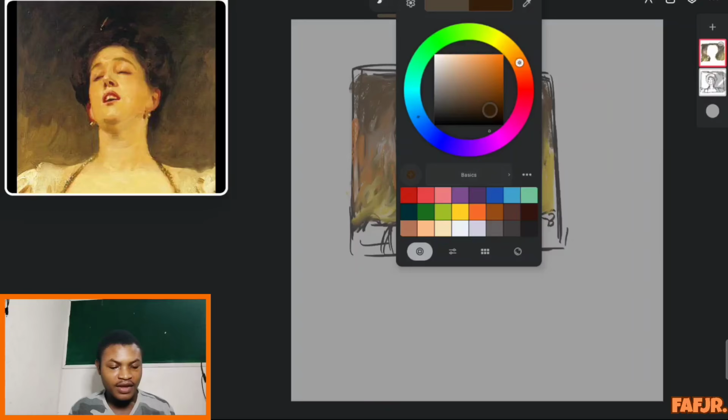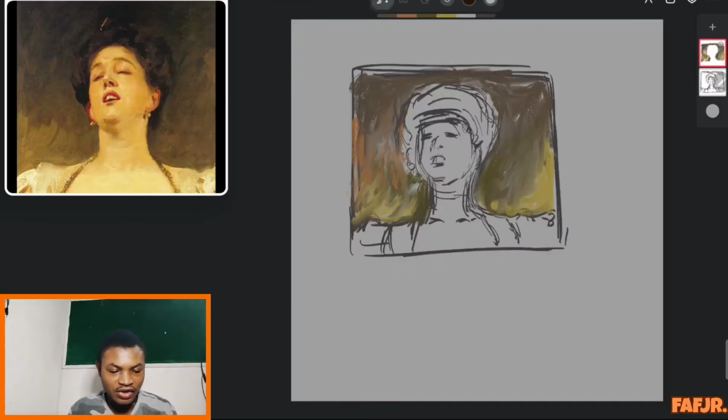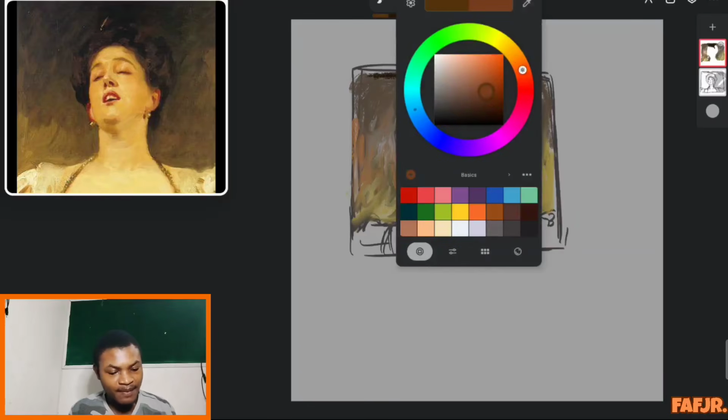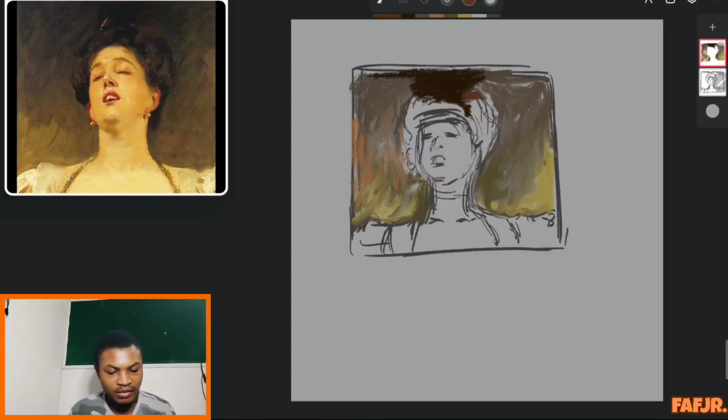Come here. See, what I'm mostly picking out there are darks. So it's not about where you are picking the color from. You know what you are painting. Look at what I'm doing now. I'm pushing in now because, like I said, that point is dark. You can see the darkness a little bit red here. I'm going to